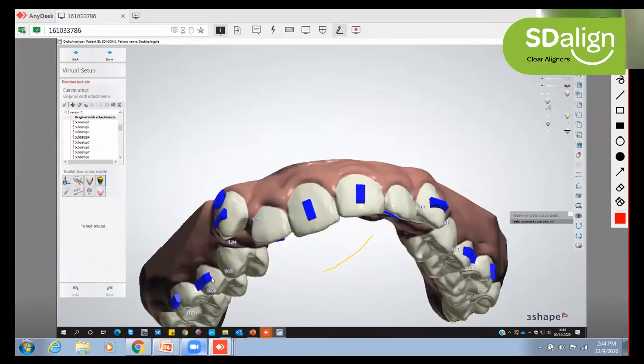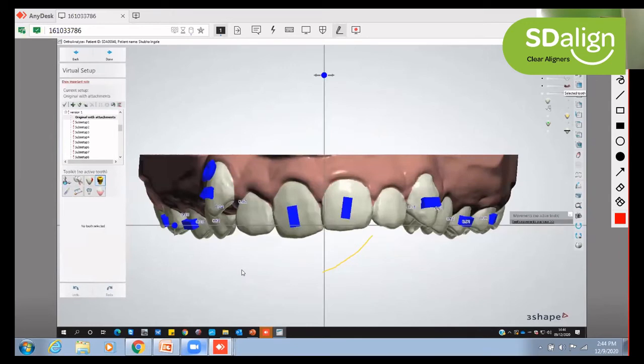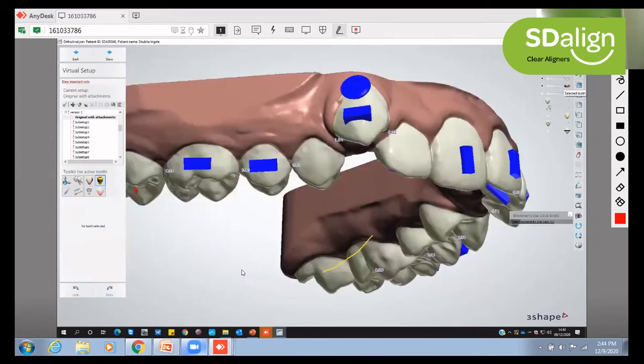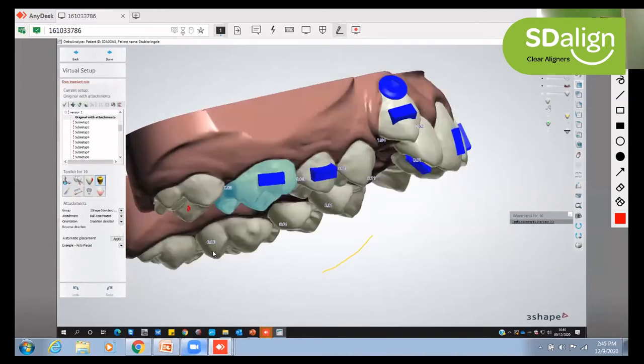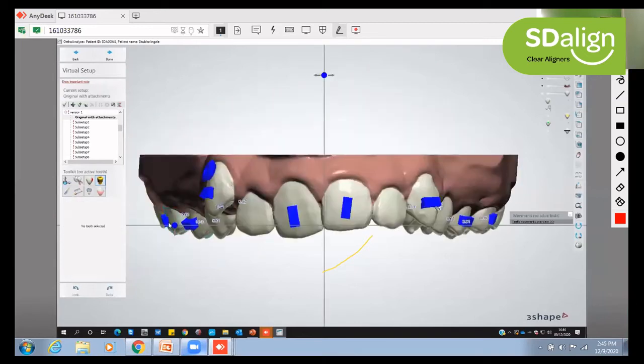On the premolar, we have given a slightly beveled attachment, if you can see. Why is this? Let's say I have given 2 to 3 degrees of palatal root torque. I can give a bevel which will enhance the torque effect because there will be a palatal hanging cusp if we do expansion. So keeping these things in mind, we have given some basic beveled attachments on the premolar and molar. We have given a button cutout option for the canine. We have given a gingivally facing attachment for the canine so that there is an extrusion action.